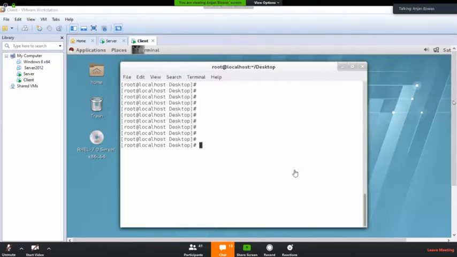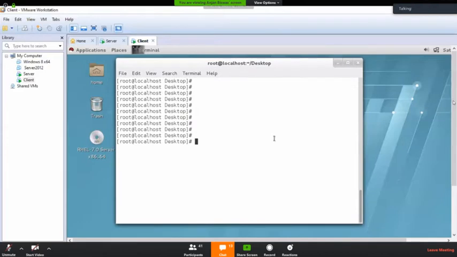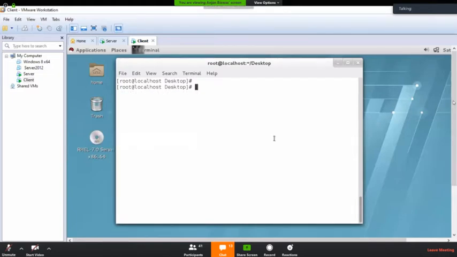So now how to configure the disk option, hard disk configuration. You need to understand what type of hardware is there, what type of hard disk has been connected with your system.